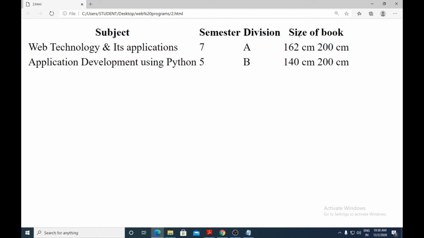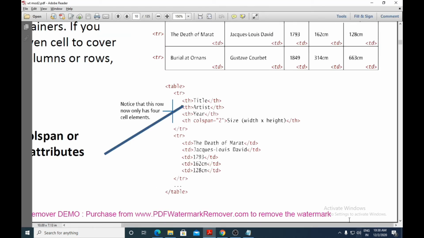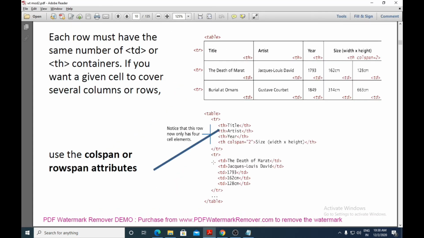So one cell is covering two columns. That time you have to make use of colspan. If you want this cell to cover two rows, then you have to write rowspan equals 2. So this is how you make use of the rowspan and colspan attributes.